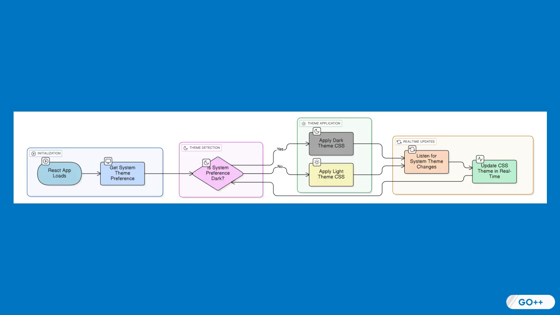For example, consider a news website that automatically changes its background and text colors to match the user's system at night, providing a gentle reading experience without glaring whites. Such adaptation fosters a sense of continuity between devices and platforms, making the digital environment feel more personal and less intrusive. By embracing automatic dark mode, applications not only meet user expectations, but also demonstrate attentiveness to diverse needs and